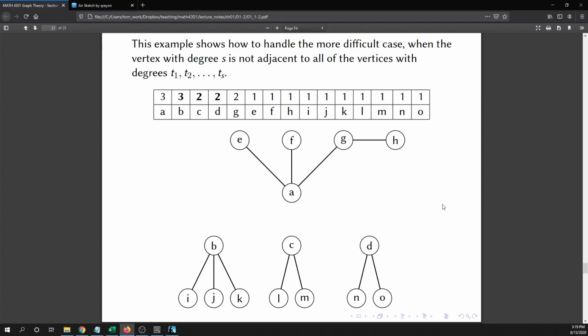Okay, so looking at the situation here, what I want to do, or what we're going to do in this part of the proof, is start making changes to this graph. We're going to start pulling out edges and putting edges back in. And each time we do that, potentially, we're going to get a different graph